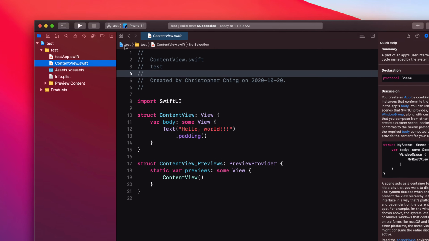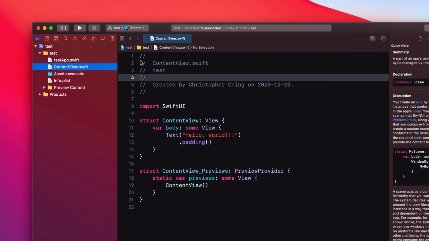At the top here, you're going to see this sort of breadcrumb menu, and you'll notice that the root node corresponds to that, right? This is a folder or a group. And then this is the content view, which is the file that you're looking at, which is here inside test. And here, you can actually click this and jump to different sections of your code. You can see that content view matches that, body matches that, right? So this is a great way to jump to different sections in your code file